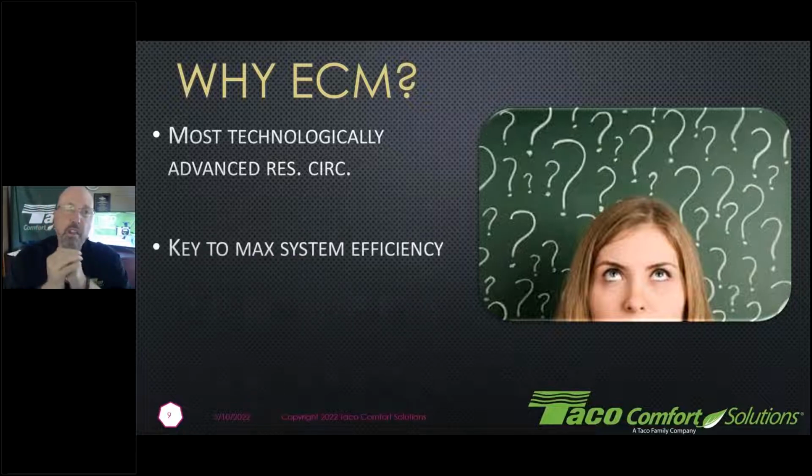So one of the things about adding ECM or making these circulators variable speed is that we can start adding to the system efficiency that's out there. All right, we want to make the system more efficient. It's not just about component efficiency, it's also about system efficiencies, and circulators have such a large role in how our systems operate, not just in component to component efficiency, but let's make the system do what it's supposed to